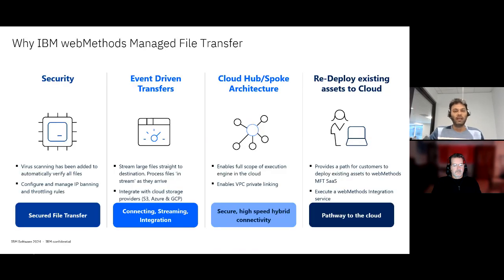Now coming back, why IBM and how IBM webMethods managed file transfer can help you. There are 4 pillars of this solution. One, how can we provide security? By default, all the files that are sent to the managed file transfer SaaS platform are scanned for viruses. We provide IP throttling and banning rules. We will go in depth with these when I show you the iPaaS and the MFT view,